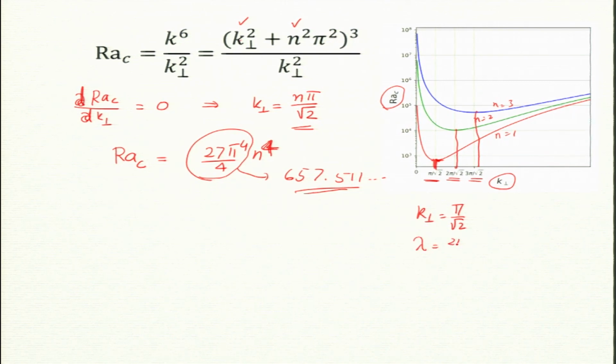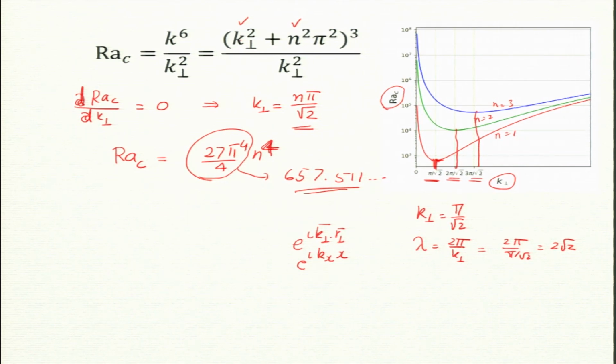Wavelength is 2 pi by k_perp, right. The x dependence, remember, is e to the power i k_perp r_perp, which is e to the power i k_x x. So, the wavelength will be 2 pi by pi by root 2, which is 2 root 2. So, my horizontal dimension is 2 root 2